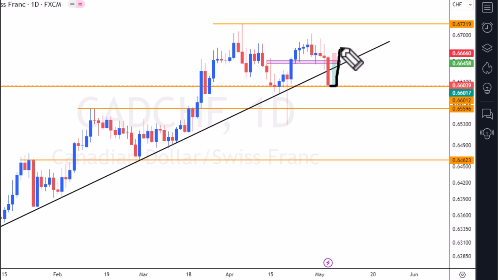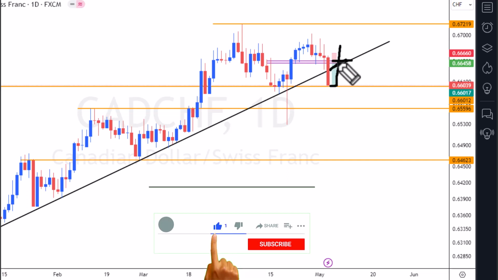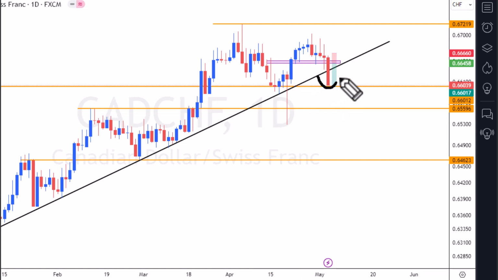Alternatively, a strong bullish high momentum close above the broken rising trend line and the minor level at 0.66458 could suggest a possible liquidity sweep by the major market players next week. A confirmed liquidity sweep to the upside has a higher possibility to resume the bullish trend to break the key level resistance above at 0.67219. I was able to secure some profit through trailing stop from my long trade carried over from the previous week